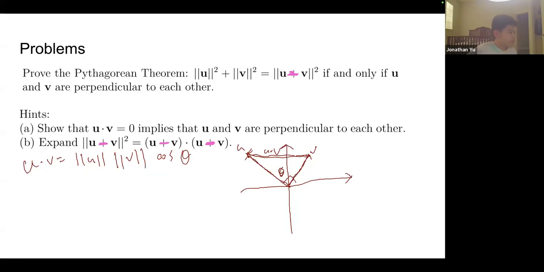So if u and v are non-zero, then this is non-zero and this is 0. So cosine of theta is 0. So theta is 90. So that's how we can do part A. So now we can try part B,